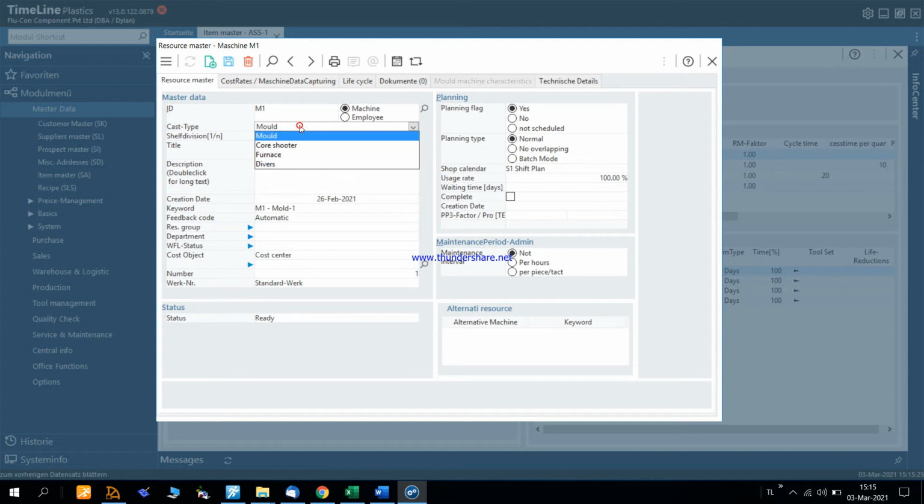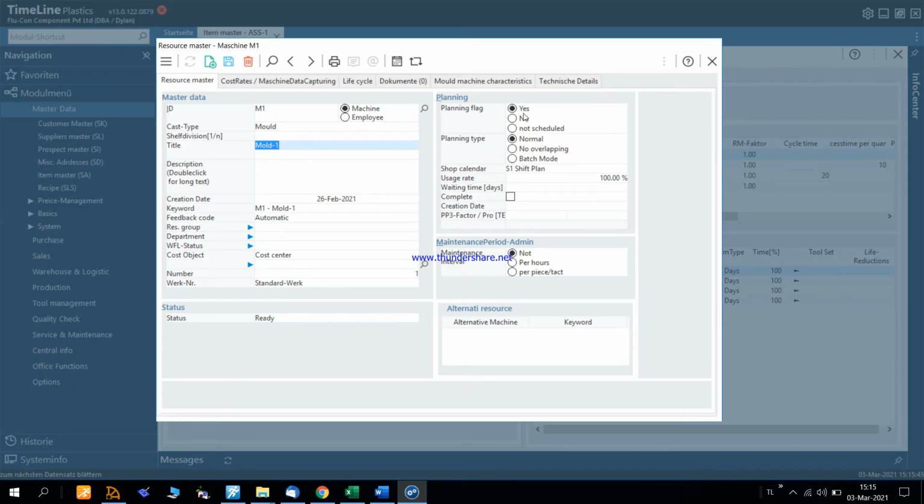So this is how a mold is. Yes, this is a mold, and in the same way we will also need to provide the planning flag to the resource